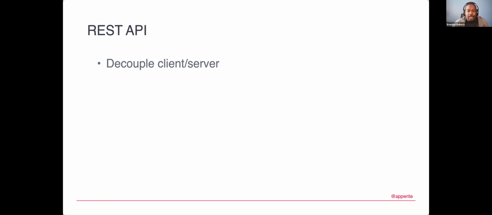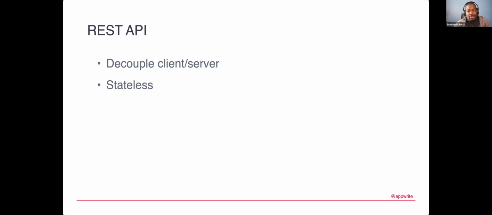So a REST API is responsible for decoupling your client and server. This is how they decouple: once your REST API provides that data to your client, the client is responsible for showing that information to the user or modifying that data, and then talking back to the server whenever it needs to process some of that.